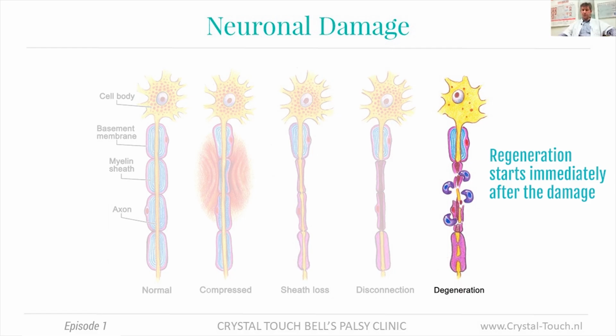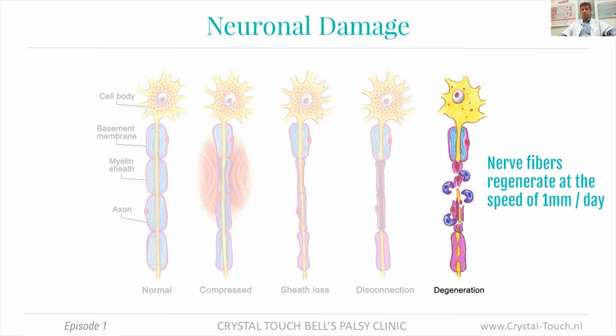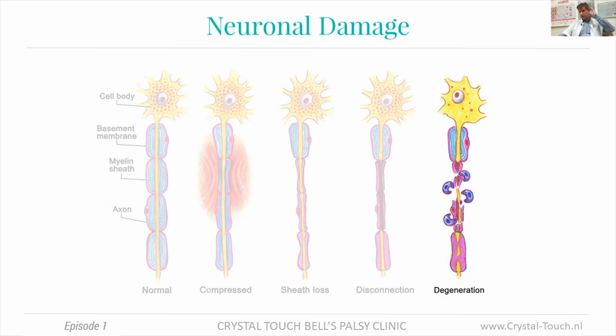And if the disconnection has taken place, like here on this picture, then the regeneration process takes quite a long time. Why? Because according to scientific research, the regeneration speed of a nerve fiber, under the very best conditions, is not more than 1 millimeter per day, in the best possible case scenario. Which means that if, for example, in my case, I have quite a large head, the distance from here, where I could have the Bell's palsy, facial palsy, to my facial muscles is about 9 to 10 centimeters, and that is 90 to 100 millimeters. If you count 1 millimeter per day, we quickly arrive at the figure of 90 days, which is about 3